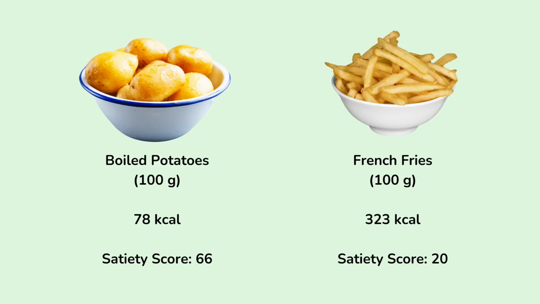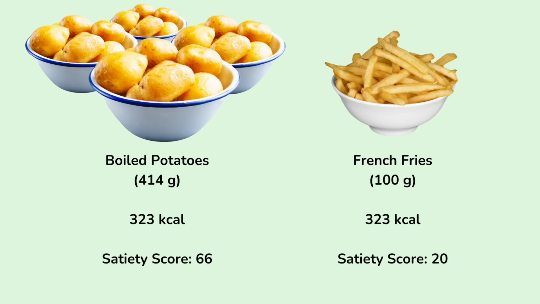So of course, you would feel more full after eating the French fries because that difference in calorie content is huge. However, if we calculate the satiety score based on protein content, fiber content, and energy density, boiled potatoes have a satiety score of 66, while French fries have a satiety score of 20. What this means is that the data tell us that boiled potatoes are much more satiating per calorie consumed,